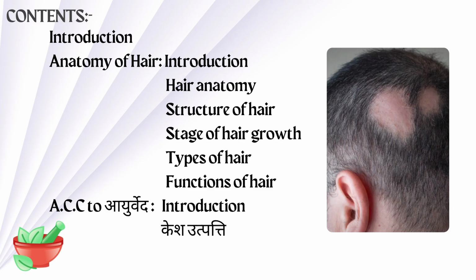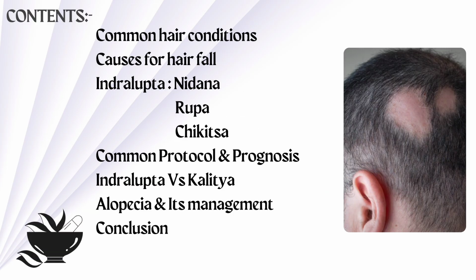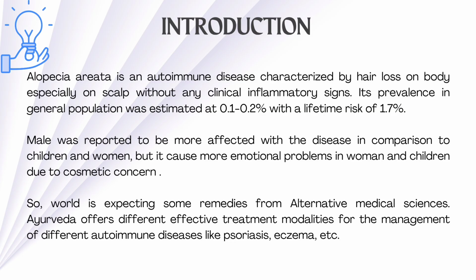Contents: Introduction, Anatomy of Hair, Introduction and Kesha Utpatti according to Ayurveda, Common hair conditions, Causes of hair fall, Indralupta, Nidana, Rupa and Chikitsa, Common protocol and prognosis, Indralupta versus Kalitya, Alopecia and its management. Conclusion. Alopecia areata is an autoimmune disease characterized by hair loss on the body, especially on the scalp, without any